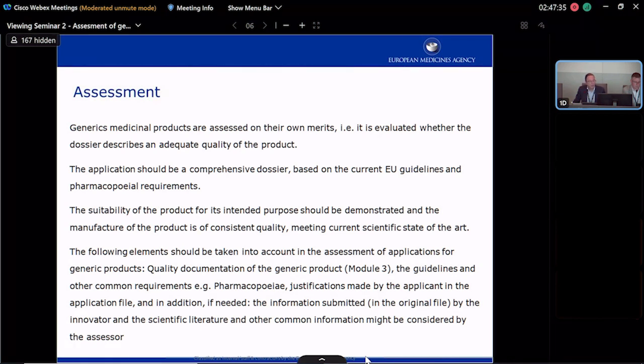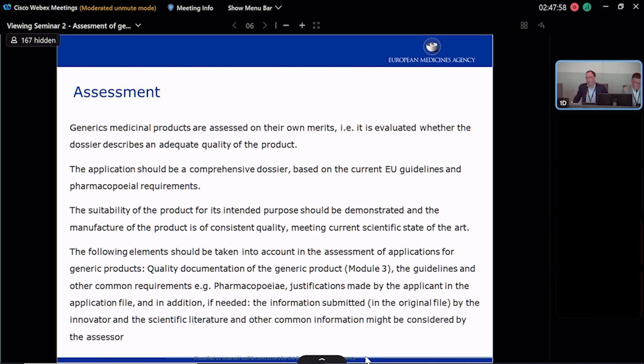The suitability of the product for its intended purposes should be demonstrated, and the manufacture of the product should be of considerable quality, meeting current scientific state of the art. This is very important because sometimes